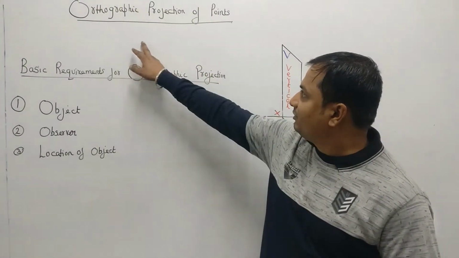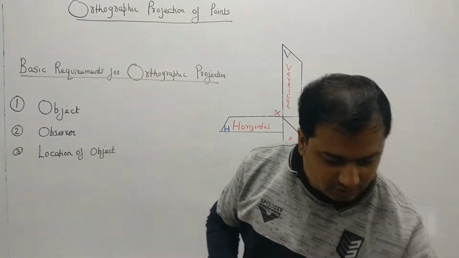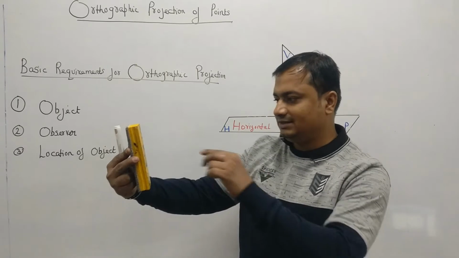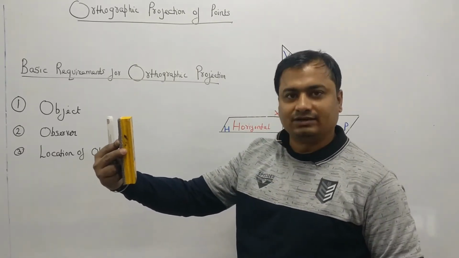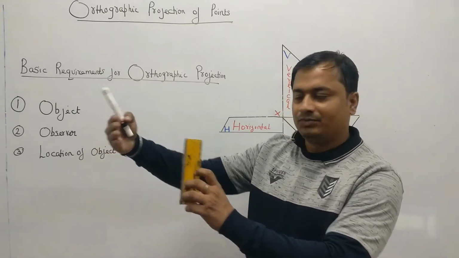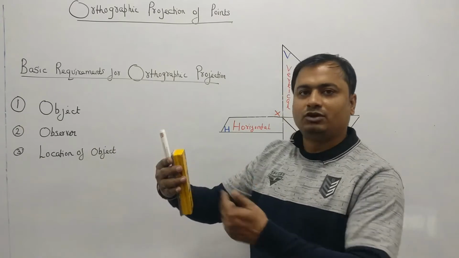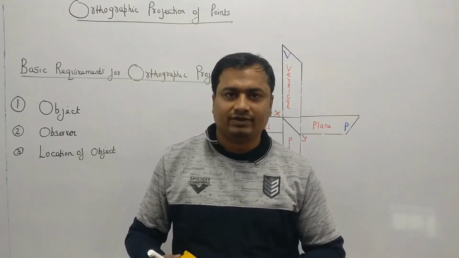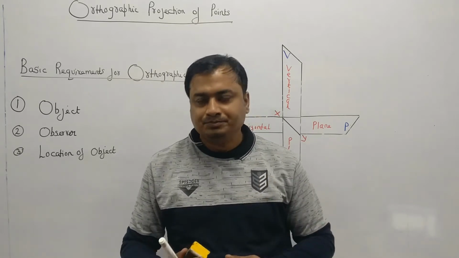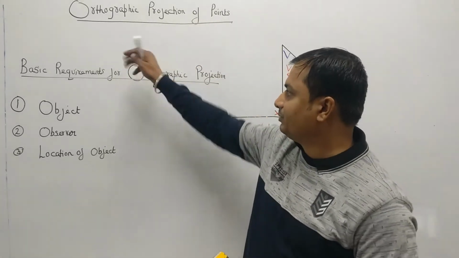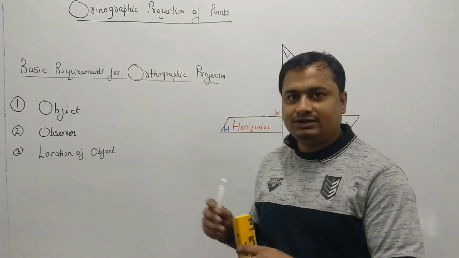So orthographic projection means when you see any object, suppose this is my object. When I see this object, the projectors should fall perpendicular on the object, right? If this is my plane at the back, the projectors should fall perpendicular on the plane. The view which is going to appear on that plane will be its orthographic. So this I have explained in the last video, so please go through that video for the concept of orthographic projection. Now I am going to utilize that concept on our object.